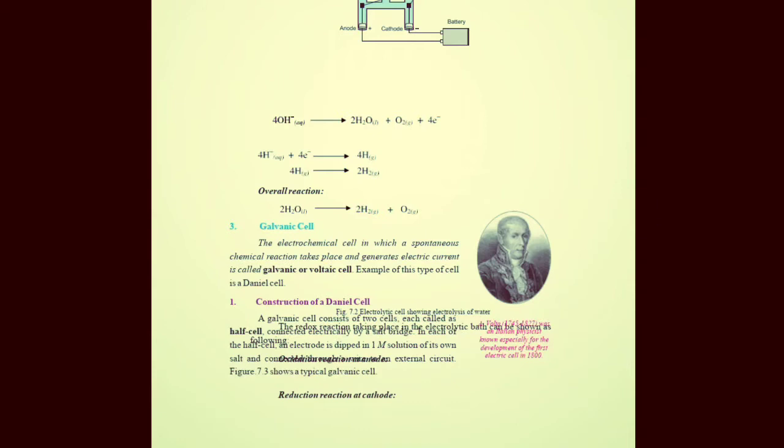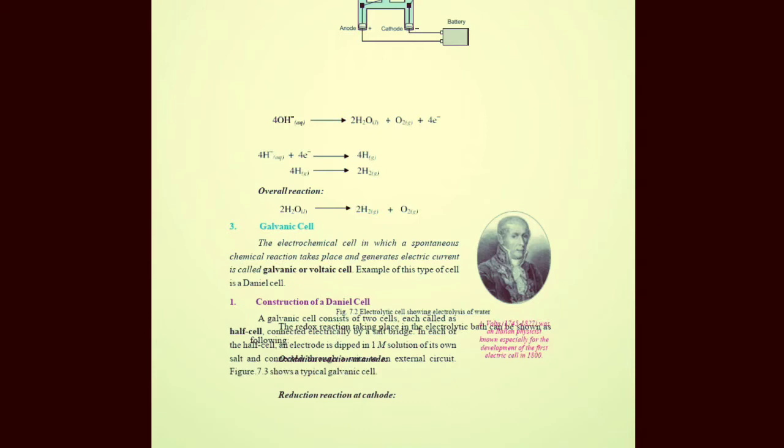Construction of a Daniell cell. A galvanic cell consists of two cells, each called a half cell, connected electrically by a salt bridge. The construction of a galvanic cell is also different from an electrolytic cell, because in electrolytic cells both